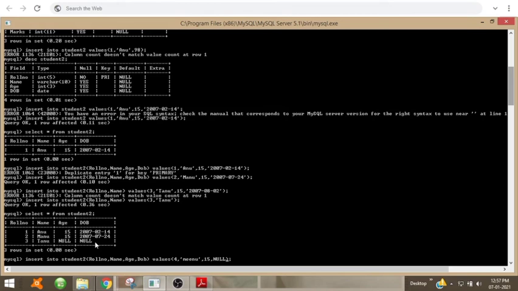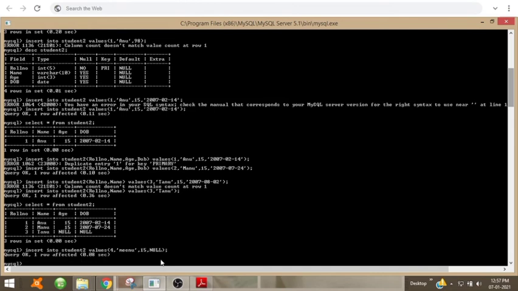If you write it in capital or small letters, it is the same. I am inserting roll number, name, age, date of birth. There is no need of specifying the particular columns, because we have given all the values. So insert into student 2 values 4, Meenu, 15 and null. The column order should be the same, and the order of the data given to each column should be maintained. Now you can see Query OK, one row affected.